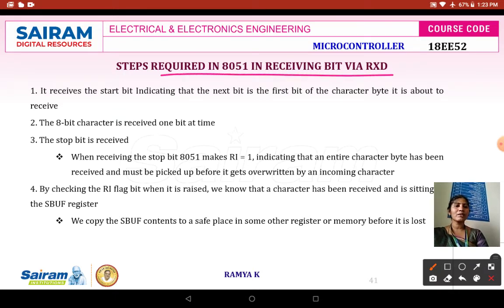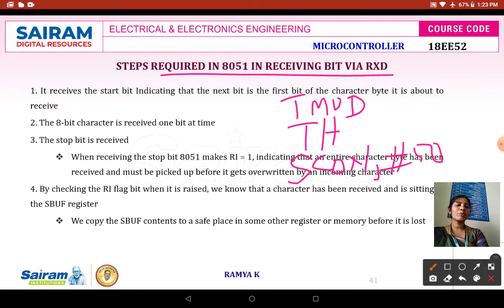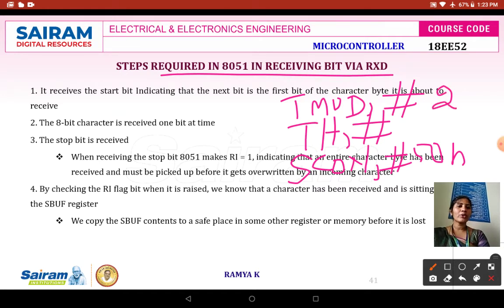I have discussed this earlier. The steps are: first, you have to load your TMOD register, then the corresponding baud rate has to be loaded onto the TH register. After that, you need to load the serial control register SCON with #50H. Depending upon the baud rate, you will load the data in the TH register, and the TMOD register should be loaded with mode 2 operation, that is 8-bit auto reload. Either you can use 20H or 02H depending upon whether we are going to use timer 0 or timer 1. So these three lines are common.